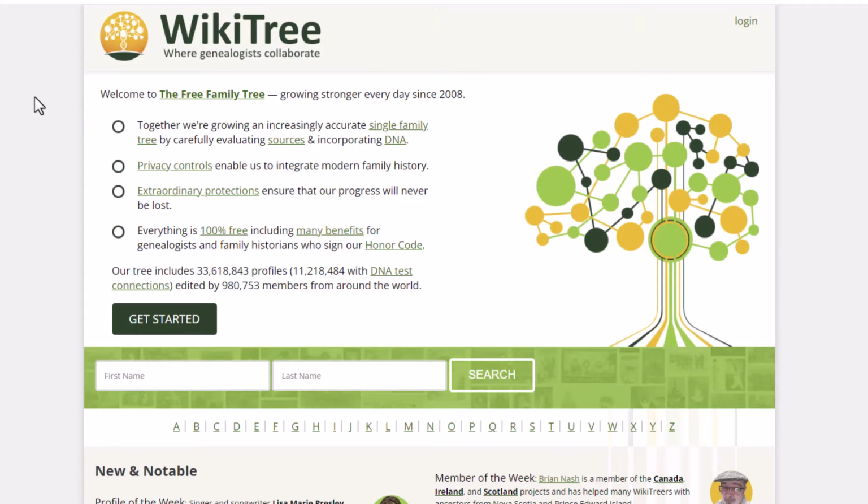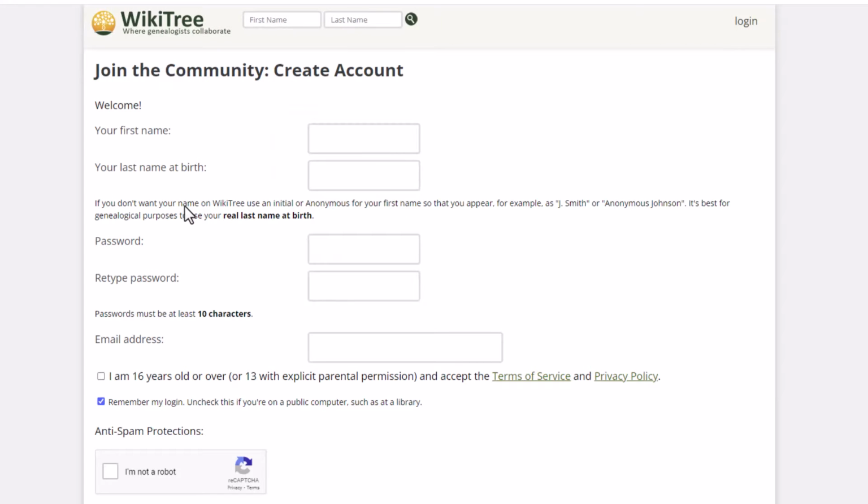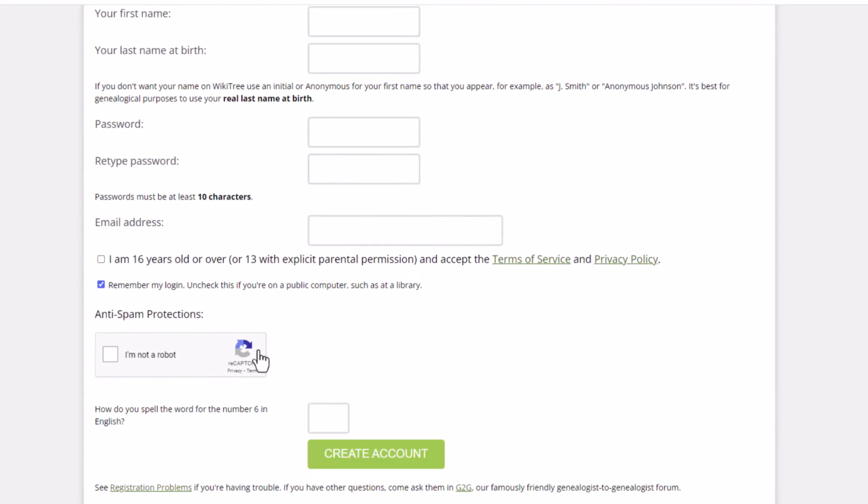There are a lot of independent developers who have created tools that work with WikiTree. And so some of those can be a little bit complicated and intimidating. So we try to keep it all simple, but we do realize that it can be a bit much for the new user. So really the first thing you do is you just register, just log in, and you get that free guest account. And if you want to put something on your profile, you upgrade that to what we call a family member account.